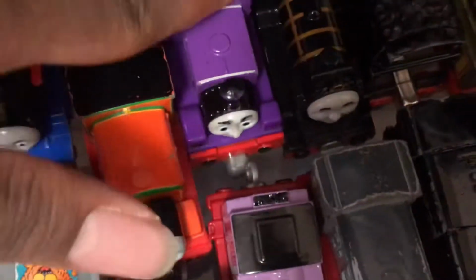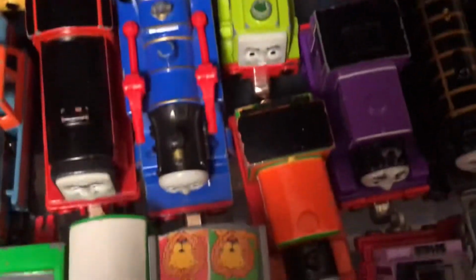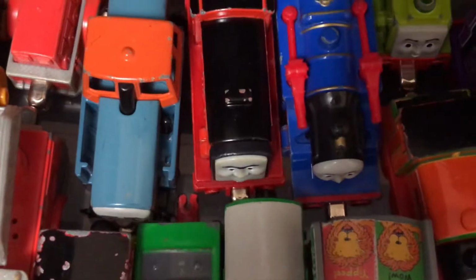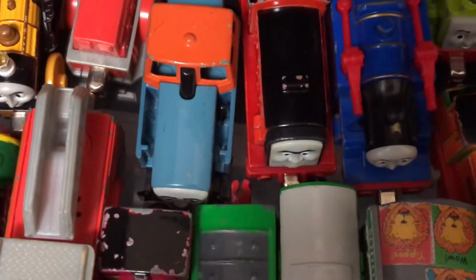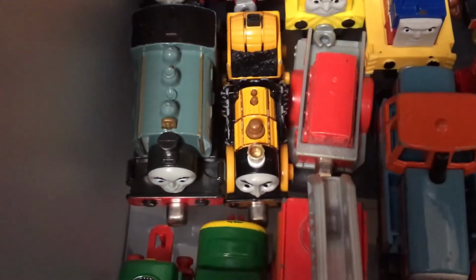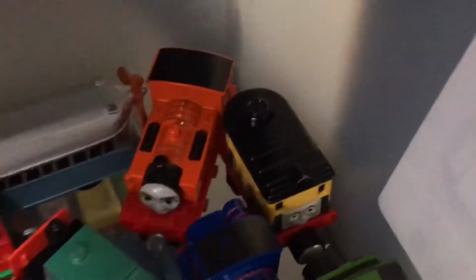Take and Play Talking Charlie, which the motor inside has sadly died. Take and Play Scruff, Take and Play Belle, Take and Play Norman, Take and Play Den, Take and Play Dart, Take and Play Talking Flynn, I'm Sodor's firefighter, Take and Play Porter, Take and Play Stephen, Take and Play Gator, Take and Play Timothy, Take and Play Samson, I almost forgot, Take and Play Philip back there,